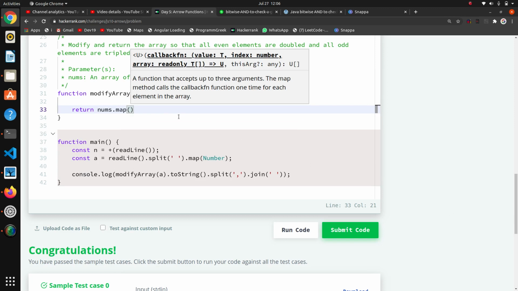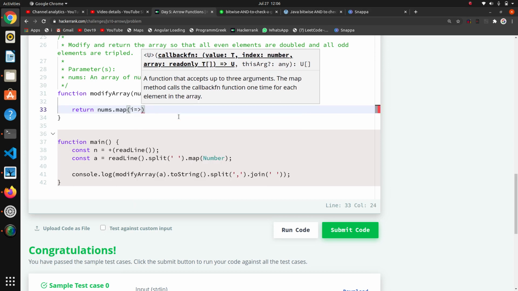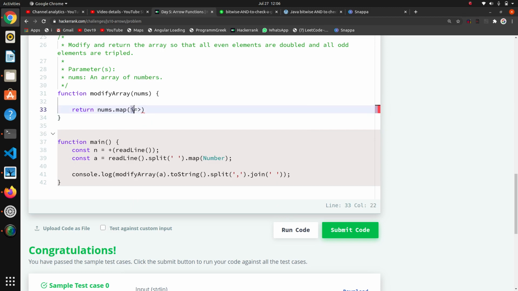हमारा एलिमेंट इटरेट करना है nums में का. So we are iterating every element by i. If the first element comes then it will come into i, then we have to write the function in front of this i using this arrow. So here if our i modulo 2 is equal to 0, if our i is even, then we will do the things using the ternary operator.